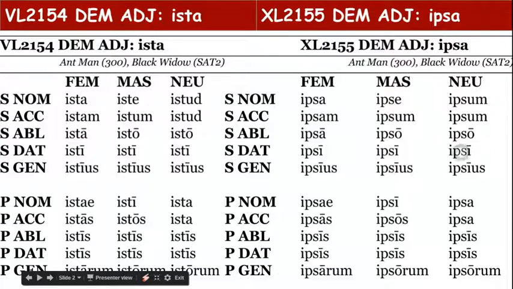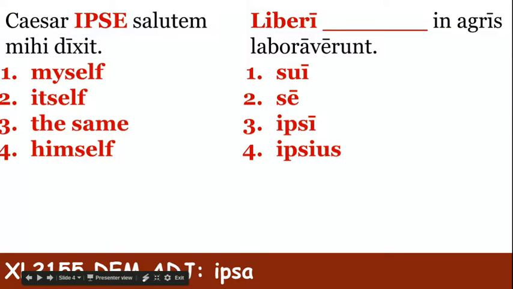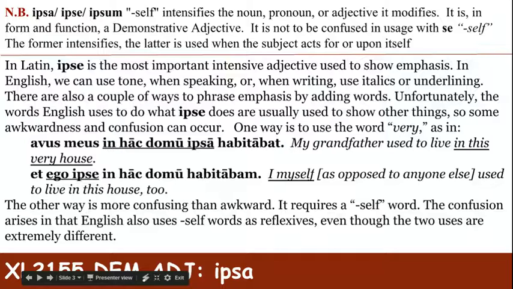Now, ipsa refers to the intensifier for self. So, in other words, it modifies the adjective. It is not to be confused with se, self. That's when the se is used when the actor acts upon itself or as a subject of an indirect statement clause. Ipsa will refer to emphasis. So, in other words, right here, you see for emphasis,